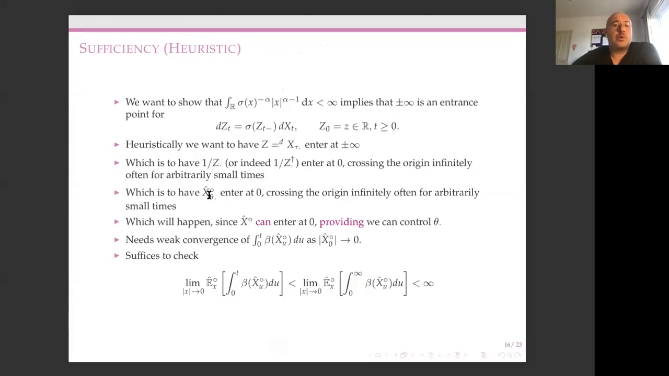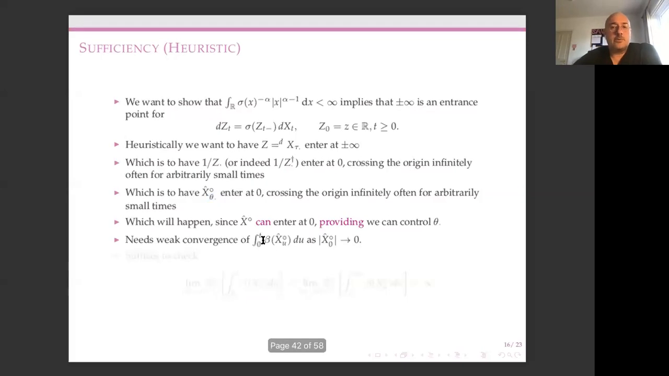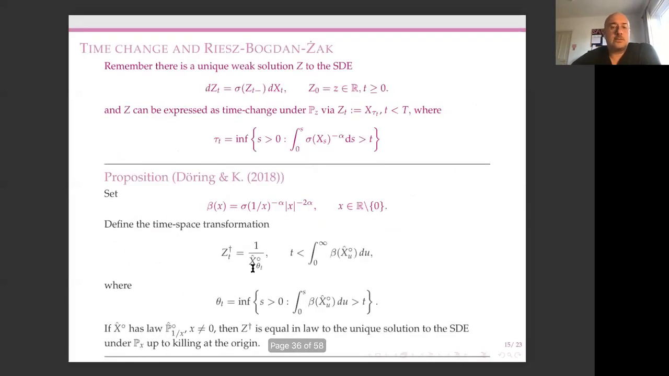Now, that should happen because I told you a stable process conditioned to avoid the origin can enter at 0. However, we mustn't forget about the time change. So it can enter at 0, providing I can control the time change. And so to control the time change, if we whiz back again to this slide, the time changes by